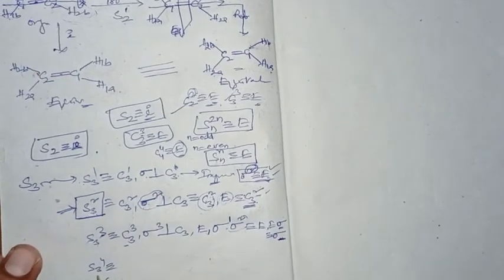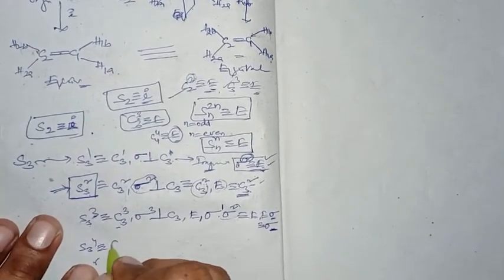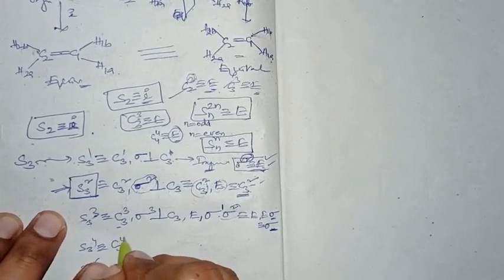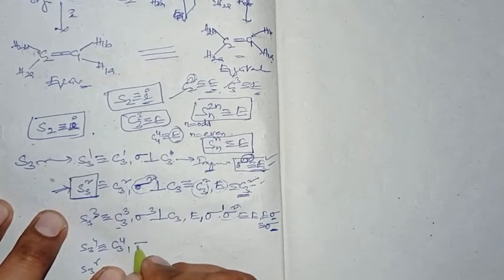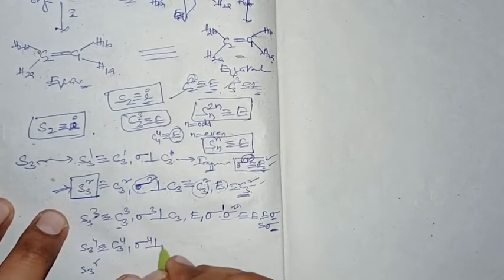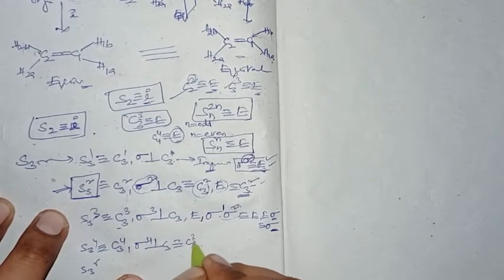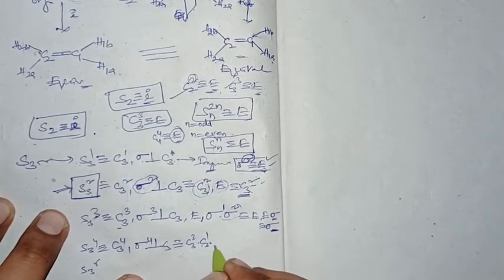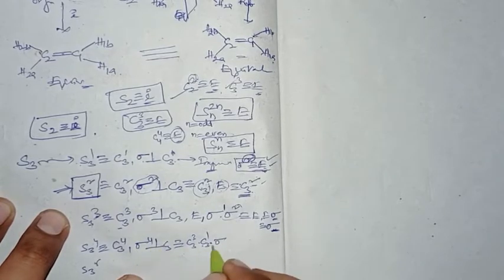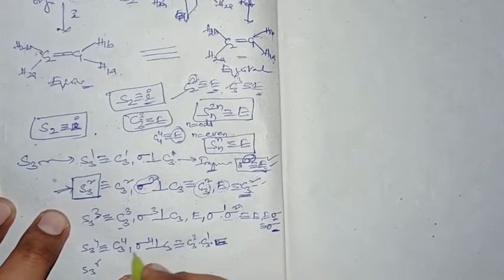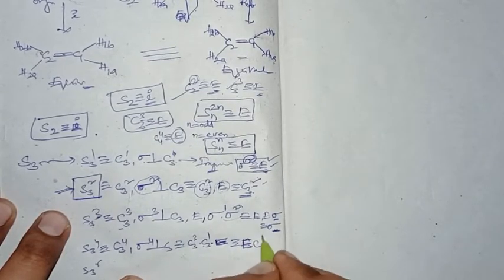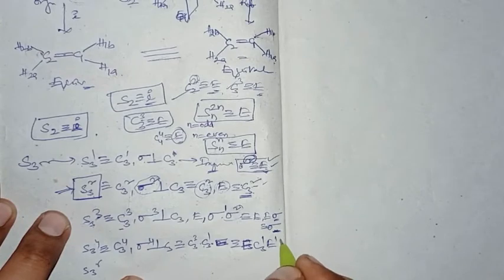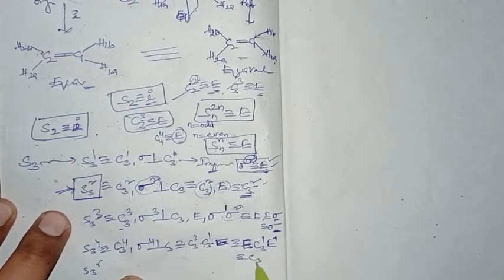So now coming to S3 in the fourth time, it is the C3 rotational axis four times followed by reflection four times. It is equivalent to C3^3, comma, C3^1, comma, sigma four times, which is equivalent to E. Just now I told you, even times when you do the plane it is equivalent to E. So this is equivalent to C3^3, which is also E, and so C3^1 and C3^1 and E. So altogether it is C3^1.